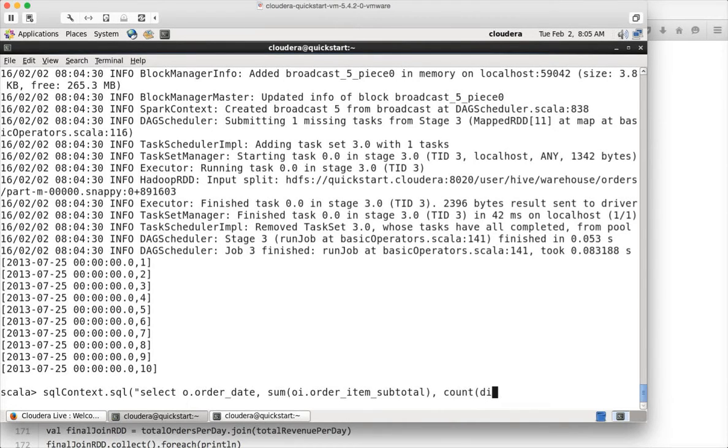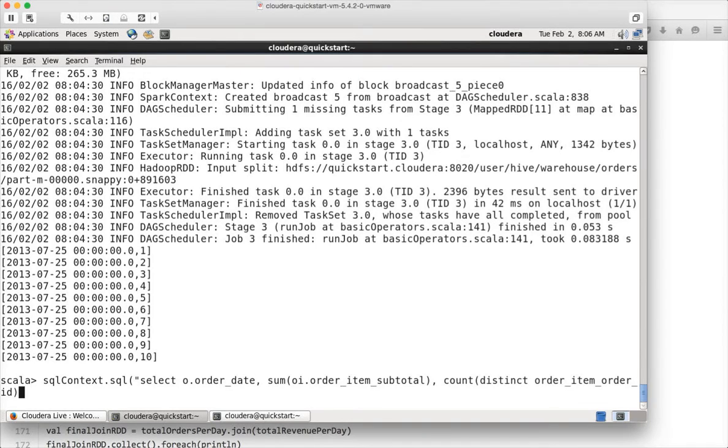And then count of distinct order item order ID from order items table, and here I have to say OI dot. Okay, and from orders join order items, orders O, order items OI on O dot order ID equal to OI dot order item order ID, and I have to group by order